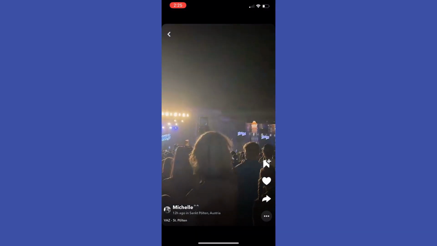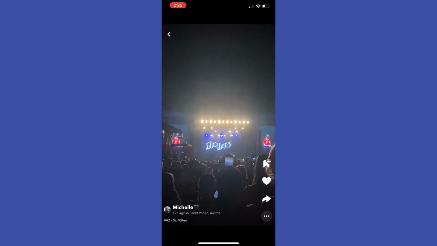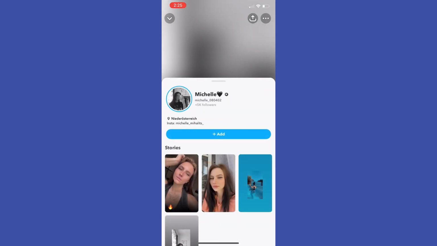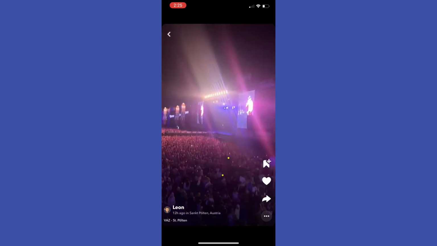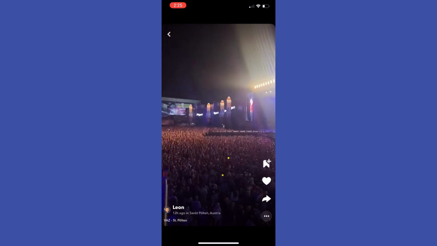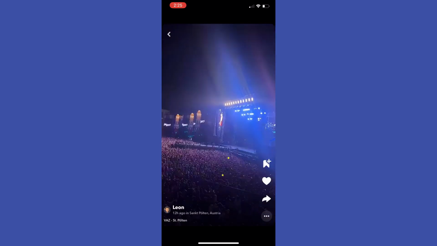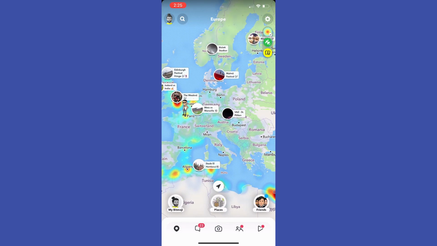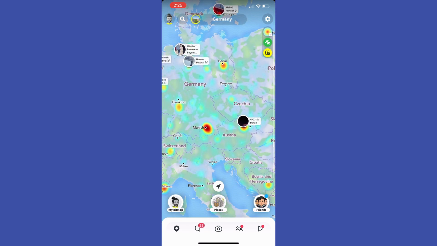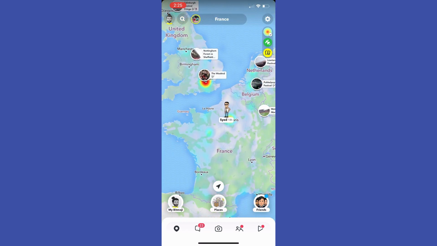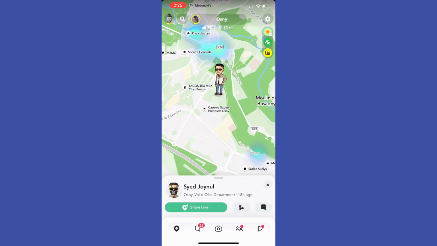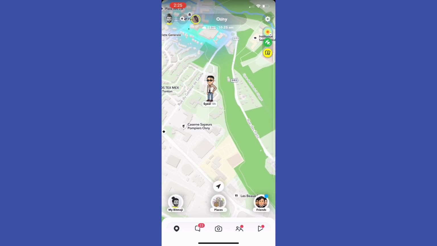So if I look at, for example, here, we get many more people using Snapchat, and here I see surrounded icons. It's someone's story. I can tap on it, watch the story. I can tap another one, watch another story, and so I can check out any stories that I see on my screen. And if I tap on this, I can check the person who made the story, and I can subscribe to